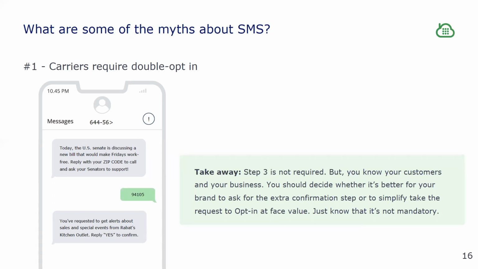Especially on a short code where it's a whitelisted, pre-approved product, and you've invested some time and energy into making sure that you got the short code in the first place. What you want to first and foremost avoid is customer complaints about receiving unwanted content from that short code. So depending on the kind of content that you're sending and the frequency with which you send it, it may be helpful to get a double opt-in just to remind the customer that this is something that they asked for, that they signed up for.